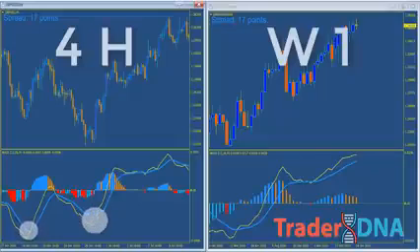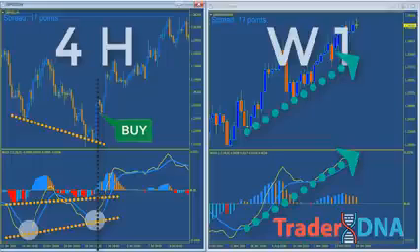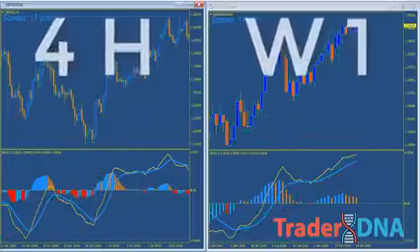For example, if you receive a buy signal from the 4-hour MACD and you see that on the weekly chart the MACD is in a bullish condition, you may wish to enter a long position. However, if the weekly MACD is in an overbought condition, you will probably want to ignore the buy signal from